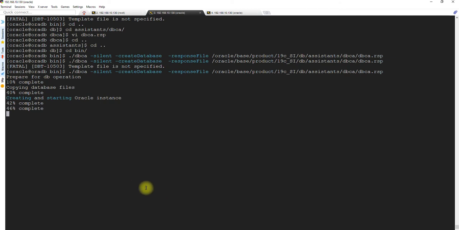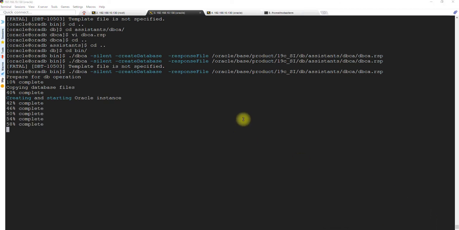multiple times. But this particular utility, that is the response file, will make it a lot easier, because we can use this in scripting and we can automate the task of installing the software as well as the database in a single shot with a single script file. Okay, in future I will be coming up with shell scripting for Oracle DBAs as well, and you will see how we can leverage this response file to install the database in a single shot.